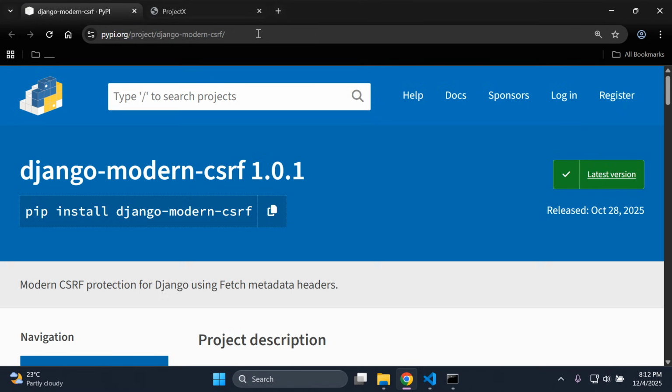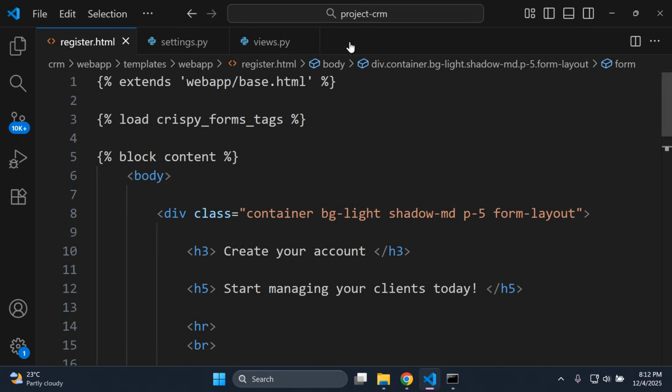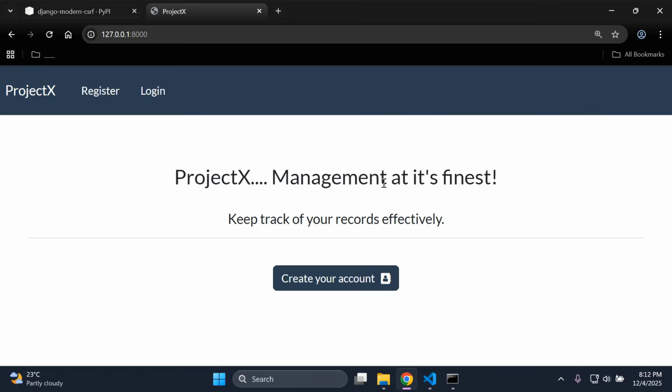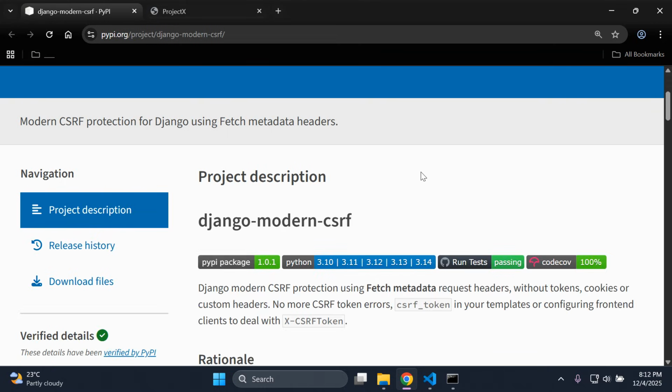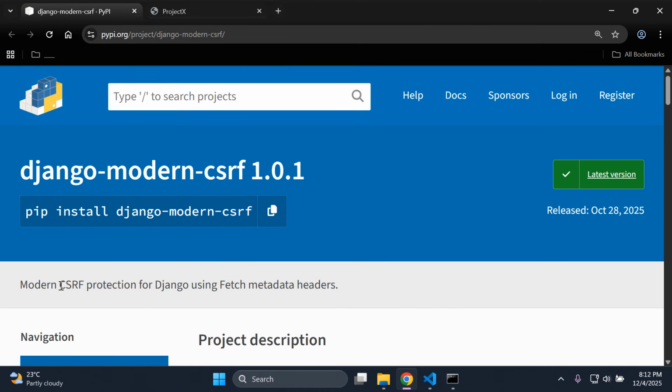Right, now the first thing you need to have in place is an application to which you want to apply this. And as you can see, I have my Django application up and running here. It's a very simple CRM application. Okay. Now, the next thing before we actually dive in and utilize this library is I want to dive into